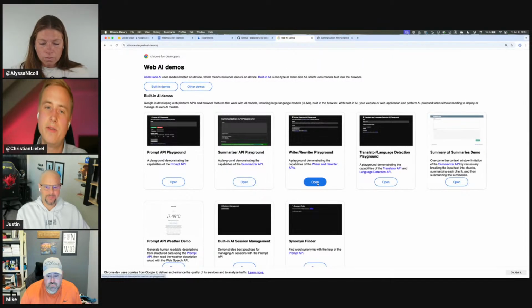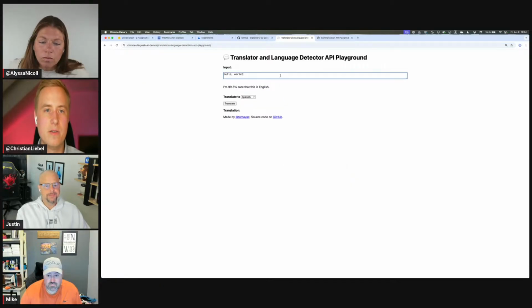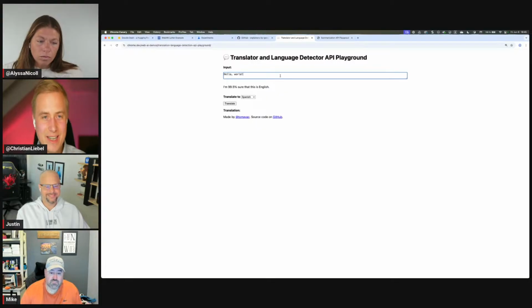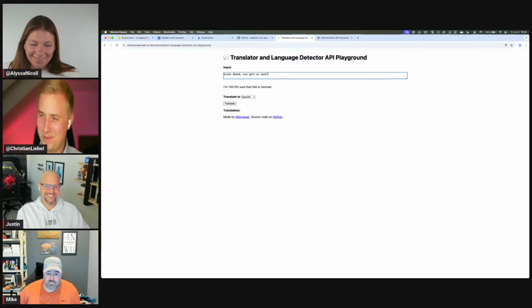Writer: in that case, you give it a task and it writes a text about it. Rewriter basically uses the text and changes it. The translator and language detection playground is cool. It can detect what language it is and then also translate it. So let's say it's in German. Guten Abend. Wie geht es euch? Basically it's 100% sure the text is in German, and then you can translate it to, do you speak